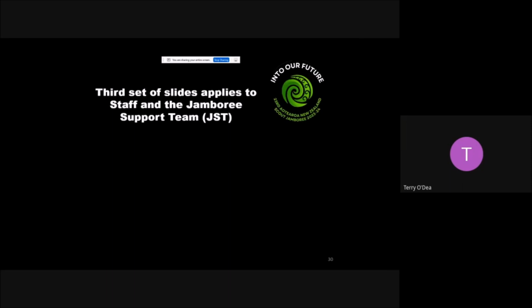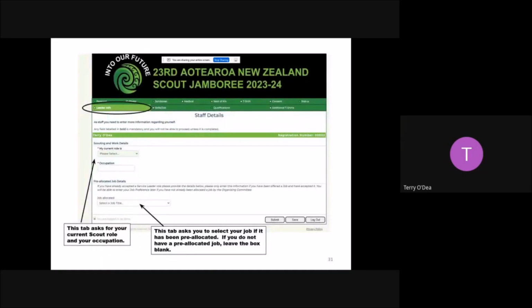The third set is for staff, and again I'll go through this pretty quickly because a lot of you won't be staff. When you're entering all the data, because you've said you're staff, you'll see an extra row of tabs. The first one you see is the leader info. Now, if you have been allocated a job at the Jamboree, you'll find your job is sitting in that drop down. My current role is